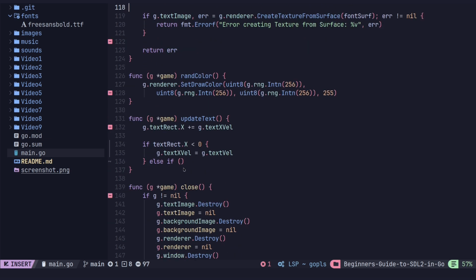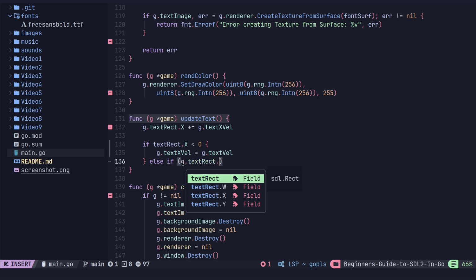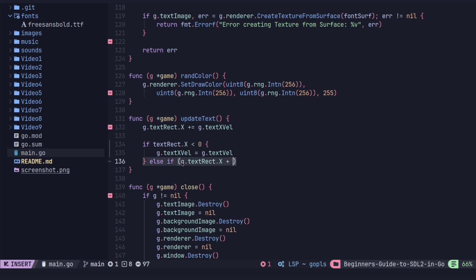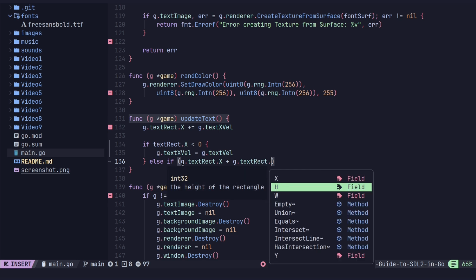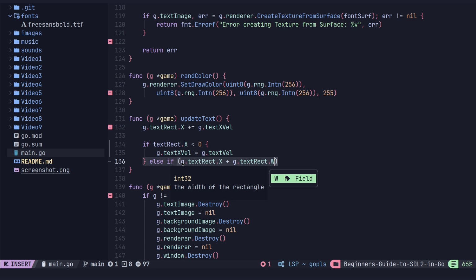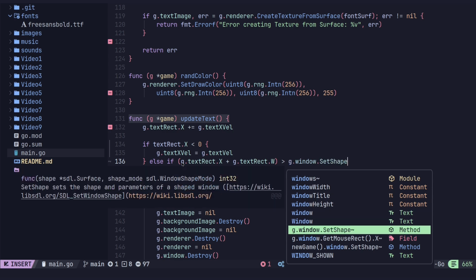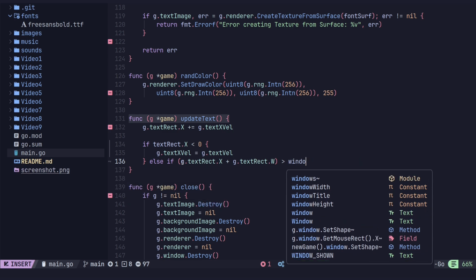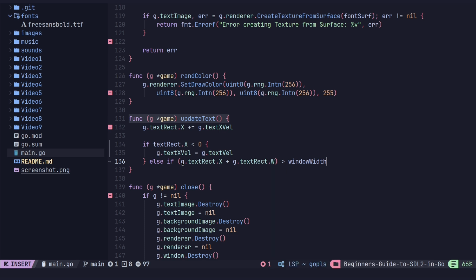Where did I put it? Am I right down here? Yeah. So this is what I'm going to do here. I'm going to put it in parentheses. I'm not entirely sure if it needs to be, but it's just easier to read. G text rect dot X plus G text rect dot width. So if that is bigger than the window width,